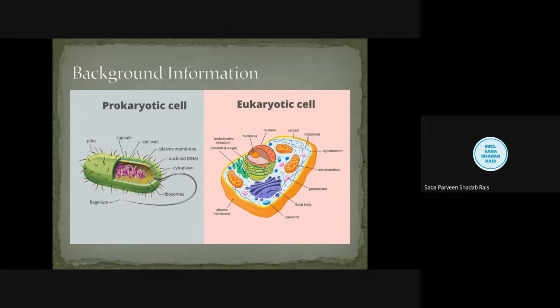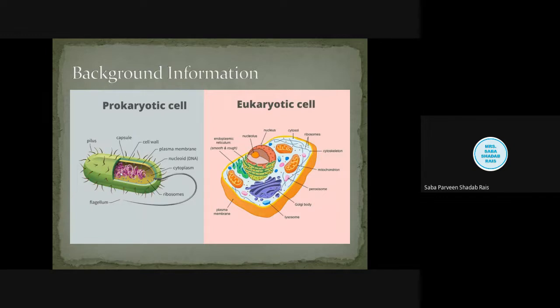Now see, they are very, very small in size, hardly 1 to 10 micrometer. Now we all know 1 micrometer is how much? It is 10 to the power minus 6 meter. So they are such small bacteria that they do not have many things, and their body is so small that they cannot be equipped with many cell organelles. So they do not have membrane bound organelles, but they do possess the ribosome.